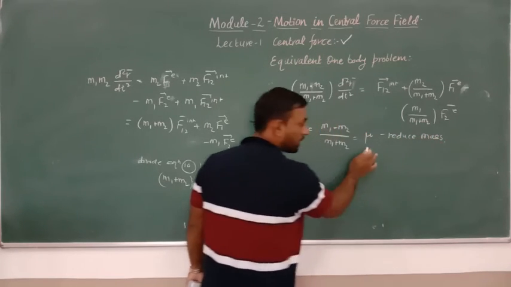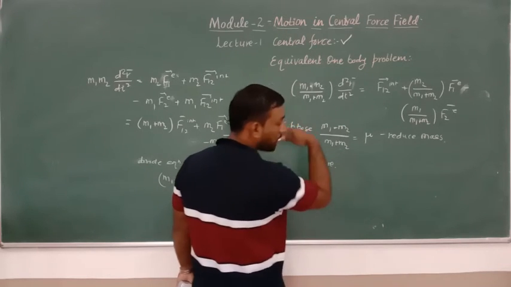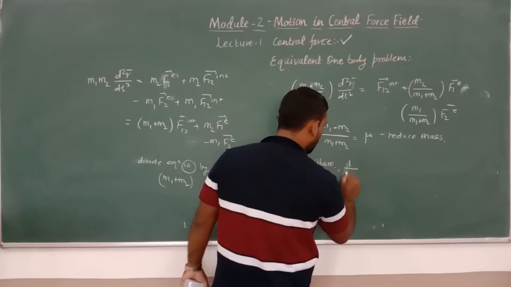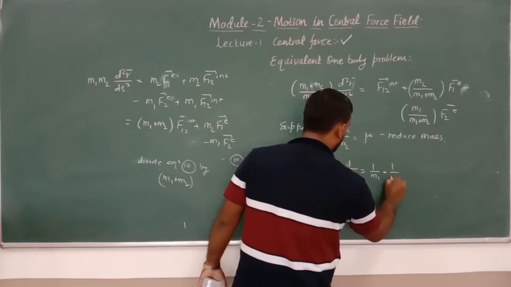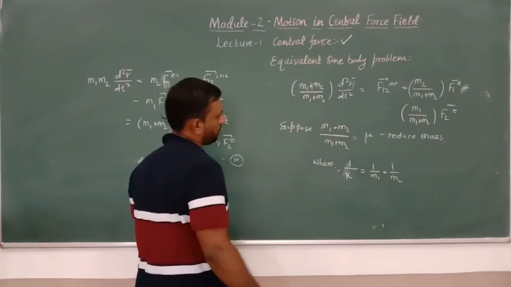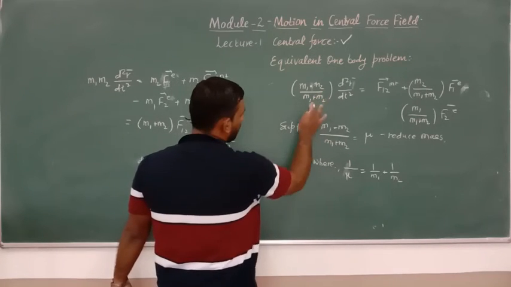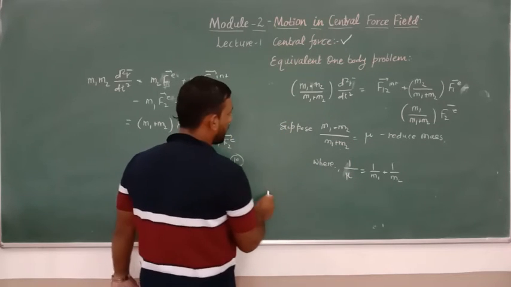And how to write in general, how to write this mu? If we have more than one particle, then mu can be represented as 1 upon mu equals 1 upon m1 plus 1 upon m2. So this is the reduced mass of the system. So if instead of m1 m2 upon m1 plus m2 we put the value of mu, our equation looks like this: mu